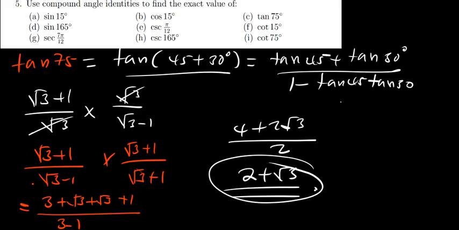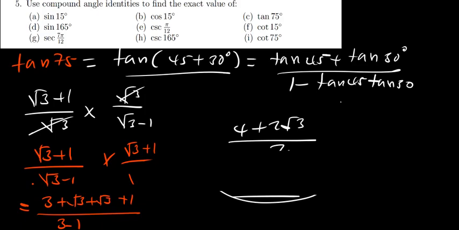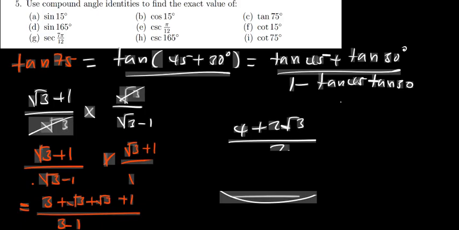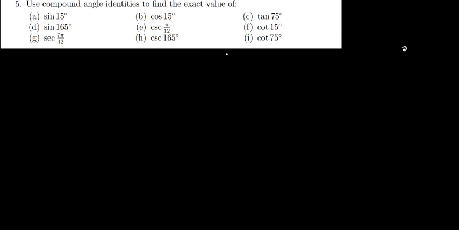Now let us look at the next one. Let's first create space. Sine 165. So let us look at sine 165. If I get two special angles, I know it's going to be a bit challenging for me, but I think I know, if I do 120,